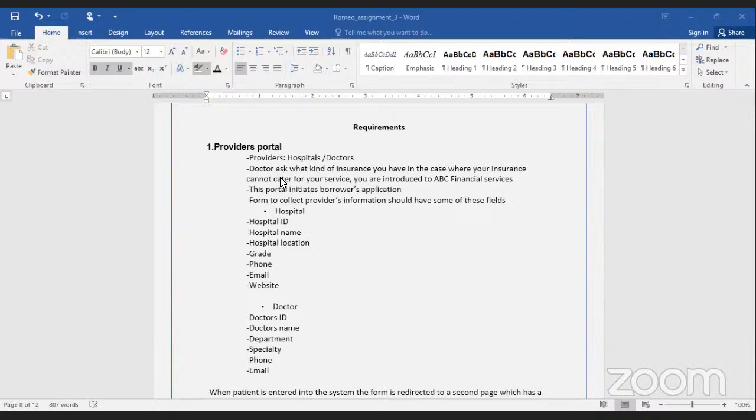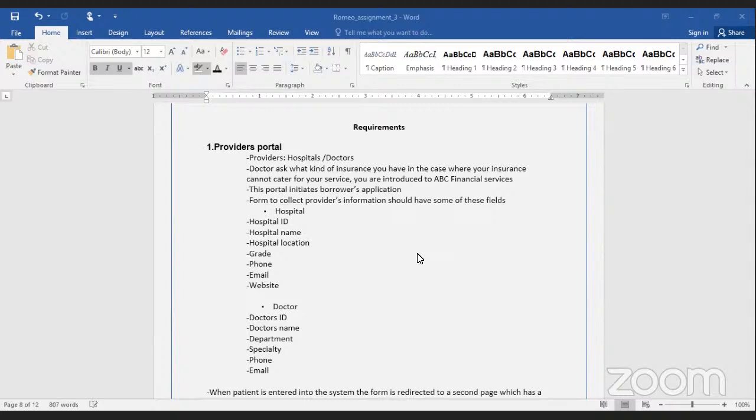This is where the providers come in to either register themselves or initiate the process to enter a borrower into the system. So there are two things involved. They register themselves when the person is introduced to ABC Financial Services.